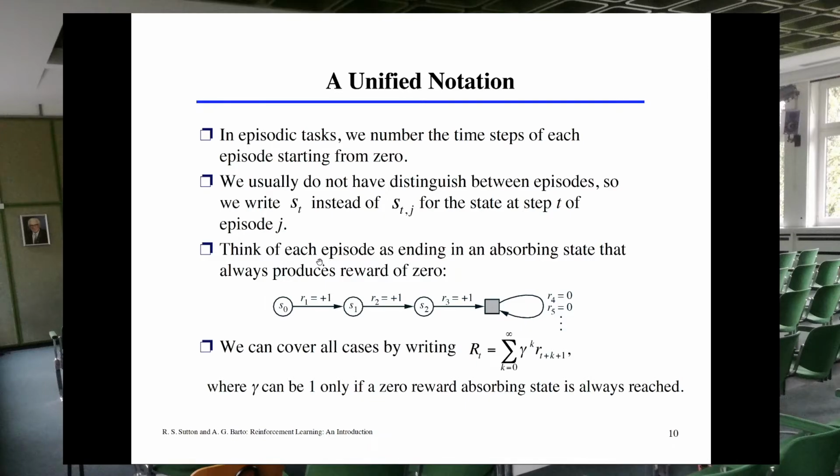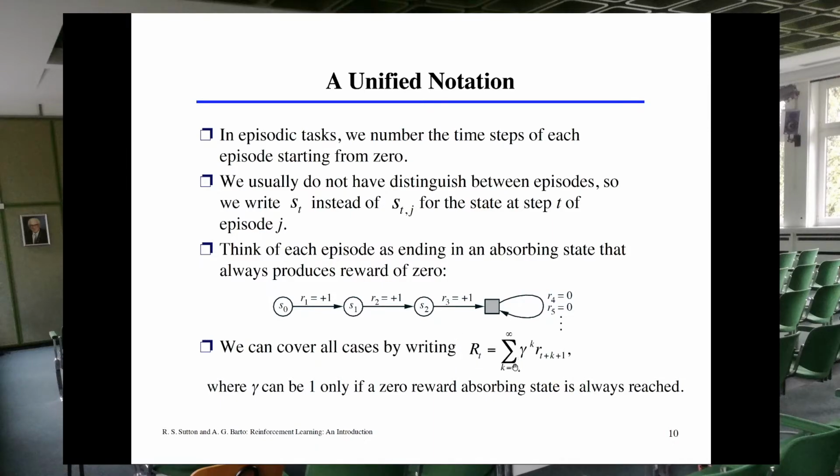And you need to think of each episode as ending in an absorbing state. So this square state will represent an absorbing state, a terminal state, where once the agent enters this state, all the rewards following will be 0, and the agent cannot go out of this until you reinitialize a new episode. So by assuming this, we can cover all the cases,